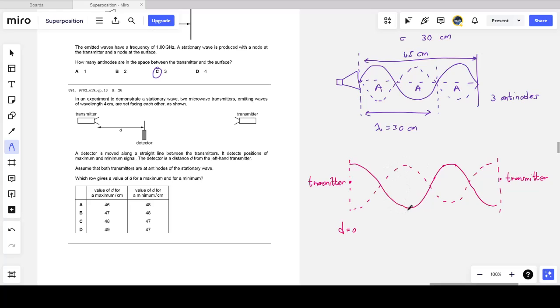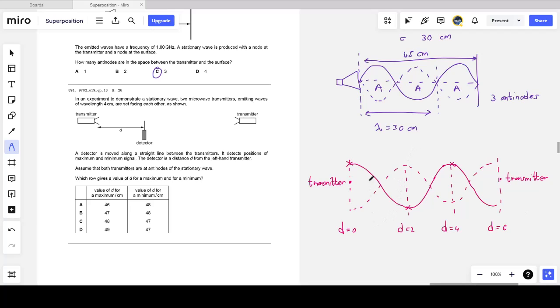The wavelength of the wave is 4 centimeters. So if I go from here where I've placed the x to there where I've placed the next x, that's half a wavelength, right? So that's d is equal to 2 centimeters. And if I go from d is equal to 0 to the next crest, then I have d is equal to 4 centimeters because that's one wavelength. And then obviously that's d is equal to 6. So what I can see is there's a pattern for all the antinodes. It's 2 centimeters separating each